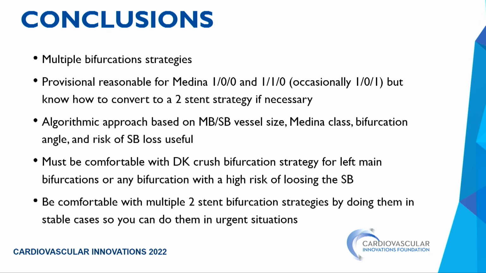So in conclusion, there are multiple bifurcation strategies. A provisional approach is certainly reasonable for relatively straightforward bifurcation lesions where there's not a lot of disease in the side branch, but you really need to know how to convert to a two-stent strategy and when that's necessary. Often that's not based on the angiogram because, as we noted, the angiogram often overestimates the degree of impingement on the side branch. An algorithmic approach can certainly be helpful based on vessel size, Medina class, bifurcation angle, and risk of side branch loss. It's really important that you're comfortable with the DK crush strategy, which again I think is probably the go-to for most people with a left main or any bifurcation where there's a high risk of